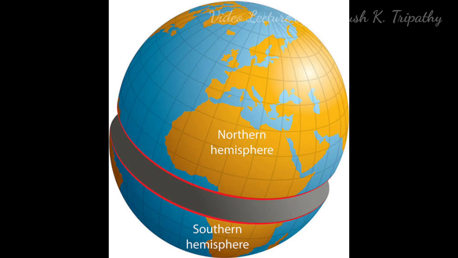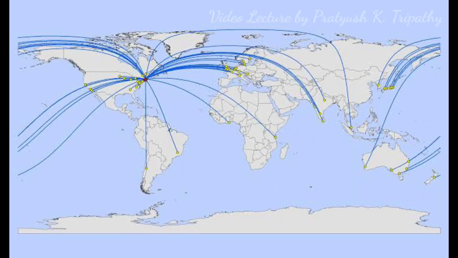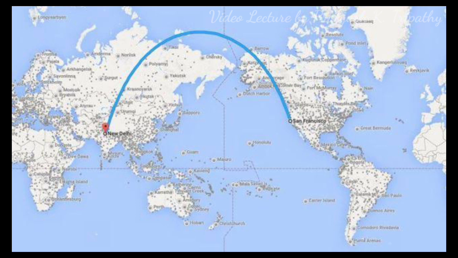All other latitudes are the small circles, whereas all the meridians of the longitude are great circles. The sailors and aircrafts all over the world use the great circle route to save time and fuel. These great circle routes are drawn between the 2 points with reference to their latitude and longitude.